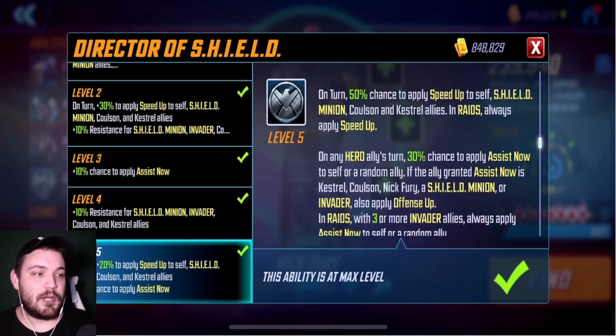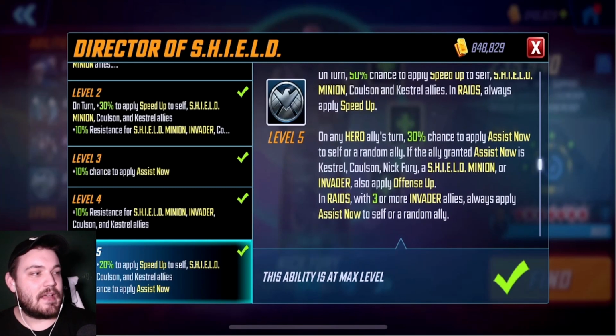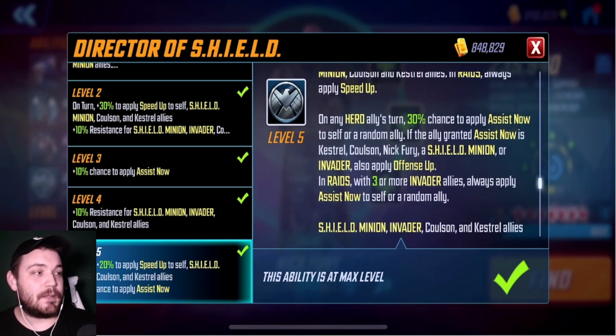Now this is actually 30% without that passive, which is nice to have, but not completely necessary. And then we have on hero ally's turn, 30% chance to apply assist now to self or random ally. It's 20% without the passive, but we don't care about that. Let's continue. So if the ally granted assist now is the most important thing is those shield minions invaders, they